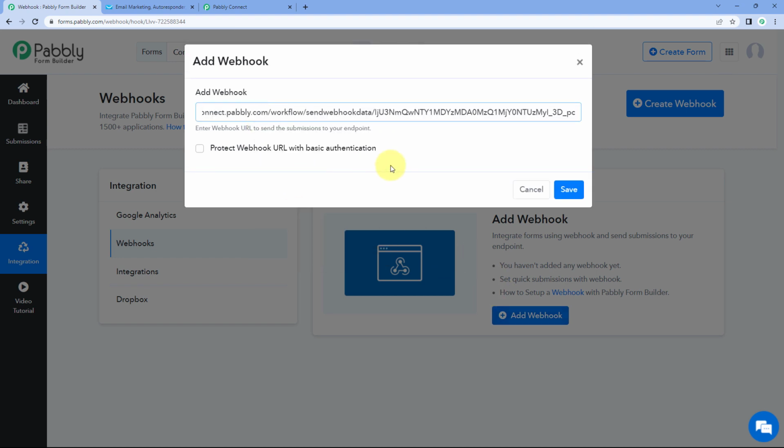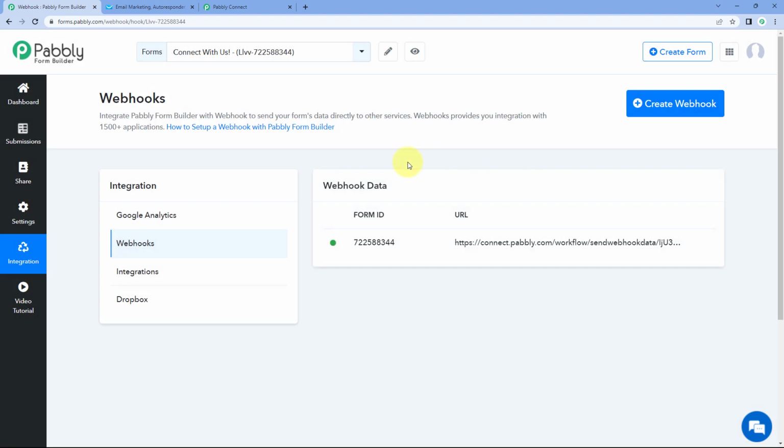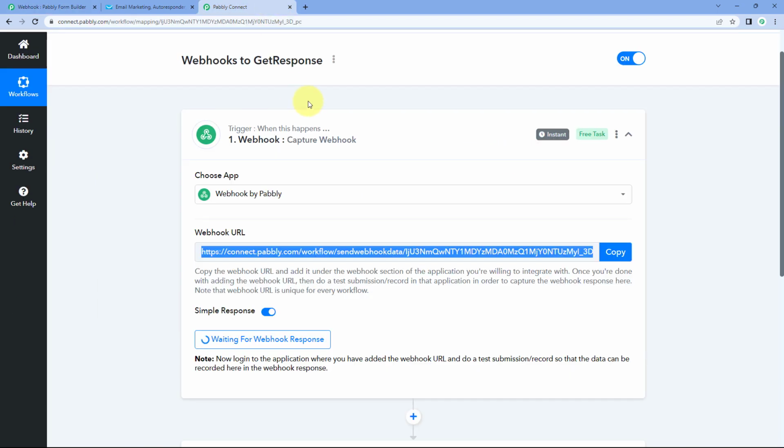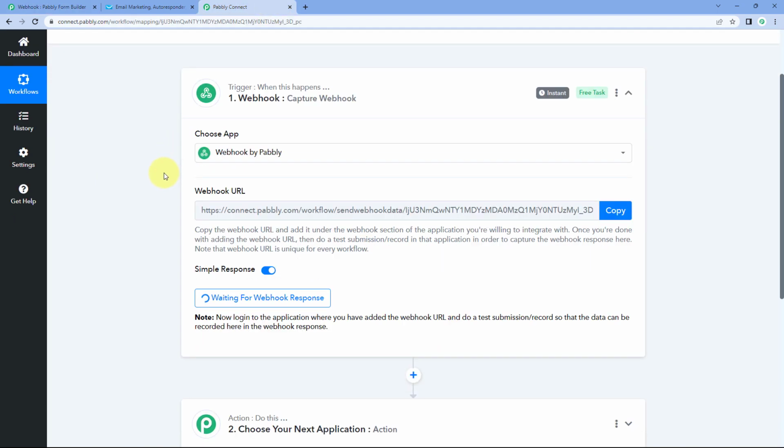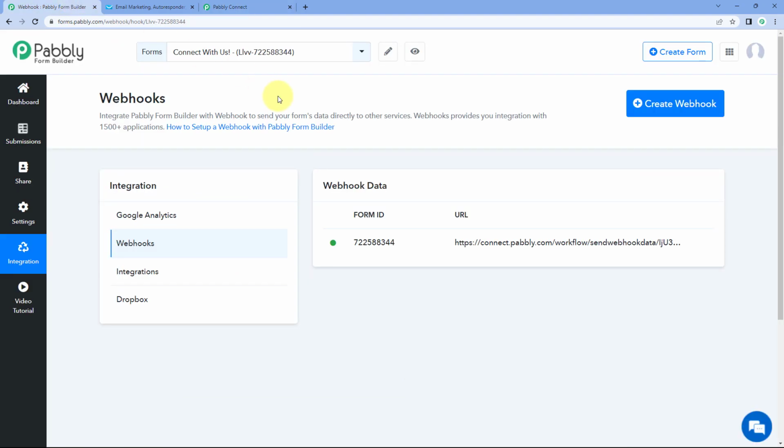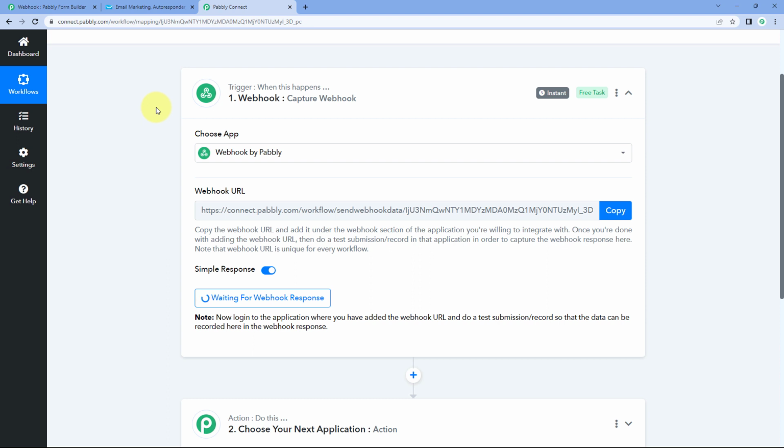Paste the Webhook URL over here and click on save. So in this way, we have just added this Webhook URL into our trigger application from which we want to get the data. So as I told you, we are just taking an example of Pabbly Form Builder. Instead of this, you can add this Webhook URL in any application of your choice which supports Webhook, which sends